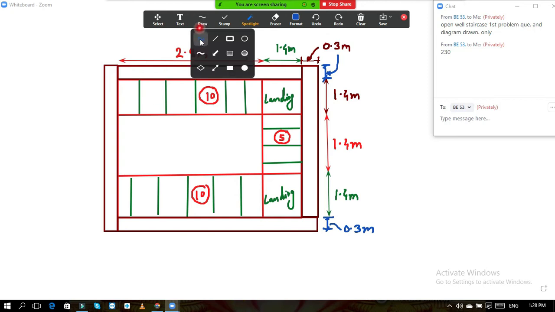Now first I will give the names. Let us consider this as A, this is B, then this is C, and this last point is D. So effective lengths of AB